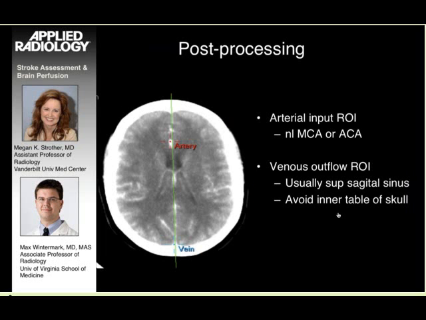The source images are post-processed and you identify the arterial input function as shown here. I typically use the anterior cerebral artery, but the normal MCA can be used. Venous outflow is usually from a large vein, such as the superior sagittal sinus or the sinus confluence. Vendors have automated this step with recent upgrades, which is particularly helpful when technologists are post-processing the source data rather